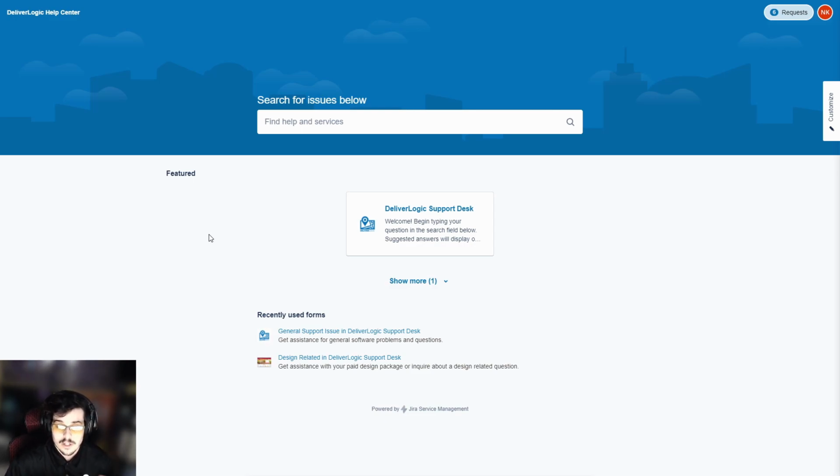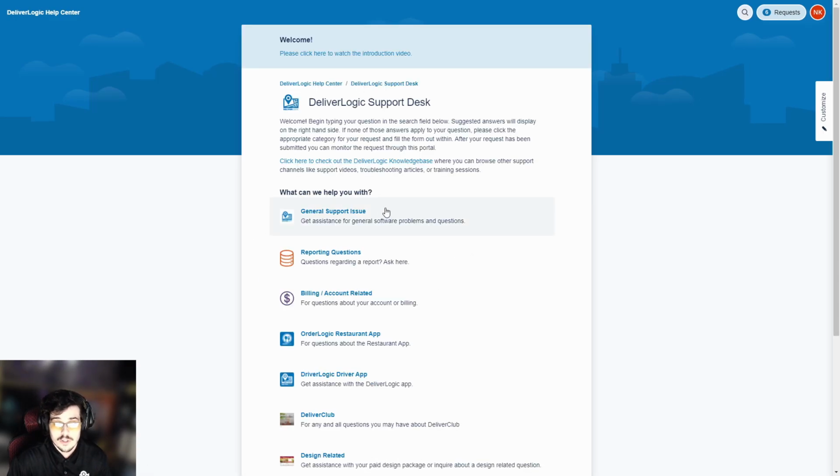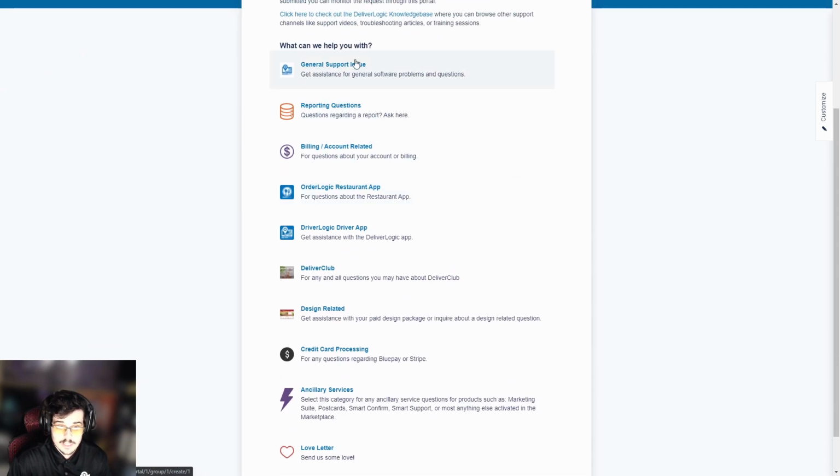I will leave a link there and you will be directed to this support desk by Jira, on which you will be able to submit support desk tickets. So now what we're going to do, once you create your account, you're going to click on DeliverLogic Support Desk and you can create a ticket that can be any of these issues, right? So if you have a general support issue, a reporting, billing, the apps, the driver apps, the restaurant apps, then you have a Deliver Club specific tickets, then design, processing, auxiliary services, and then if you want to send us